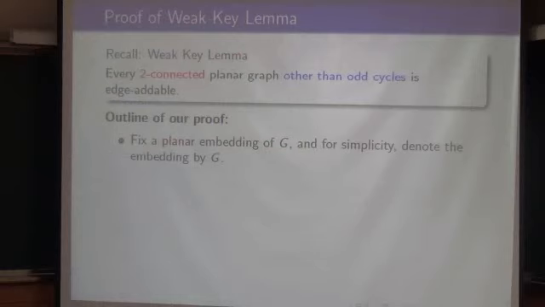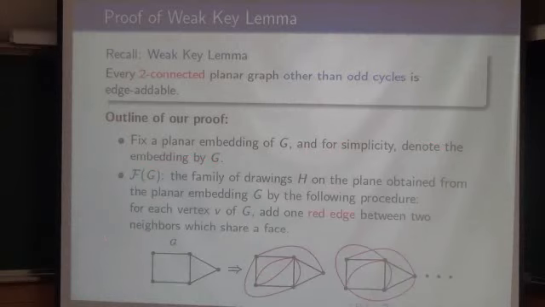So the outline is the following. Fix a planar embedding of G, and for simplicity denote the embedding by G. And let F(G) be the family of drawings H on the plane obtained from the planar embedding G by the following procedure. For each vertex v of G, add one red edge between two neighbors which share a face, right? So let's think about this is G, then